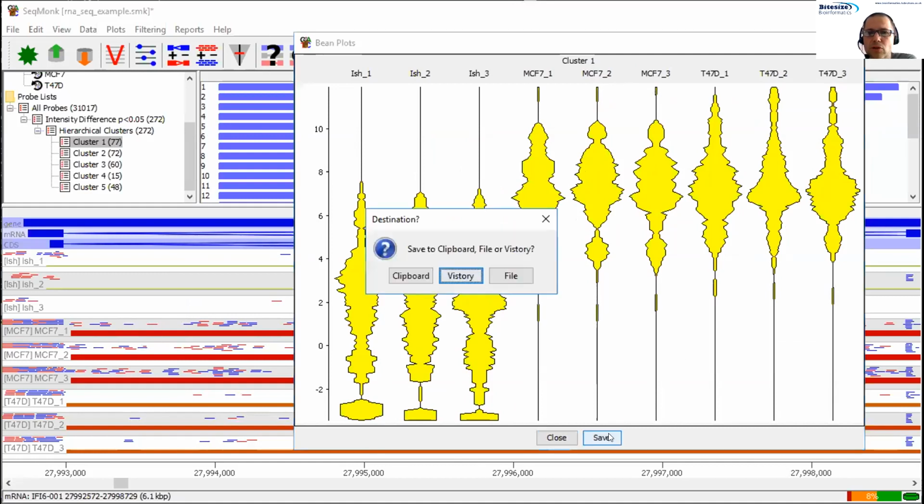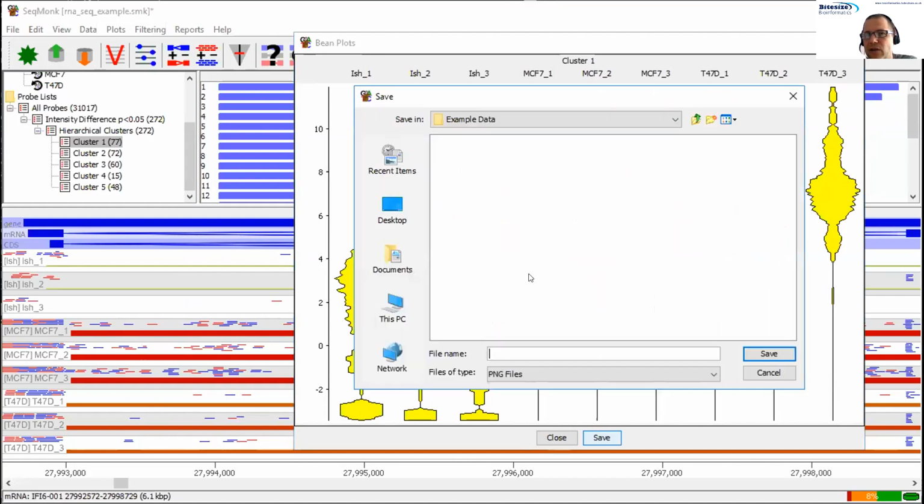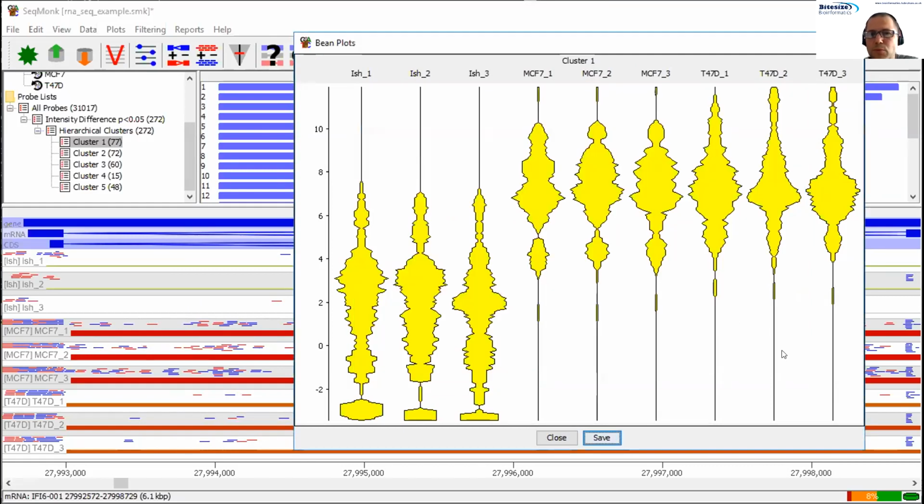So saving a plot, I can save it to a number of places. I can just copy it to the clipboard. I can send it to the Vistory that I briefly showed you before. I'm going to send it off to a file. And when saving to a file, you can either save it as a PNG, which is effectively a screenshot, or you can save it in an editable format. So here I've got an SVG file, which is a vector graphics file, which will mean that I can have a file exported out of here, which I can then load into another